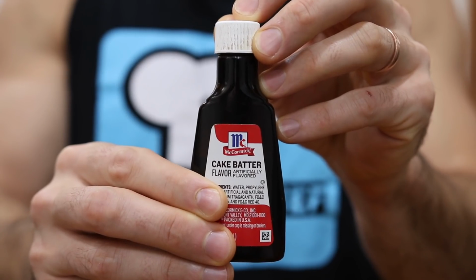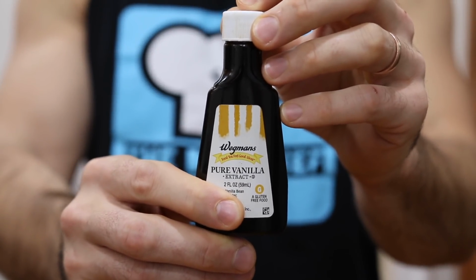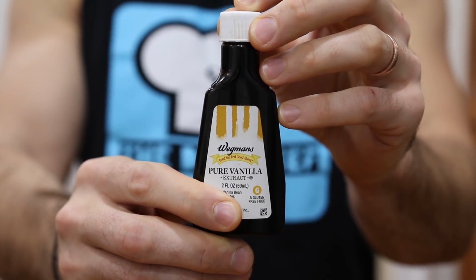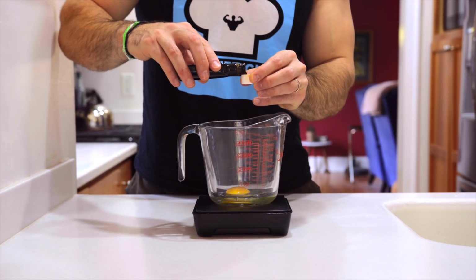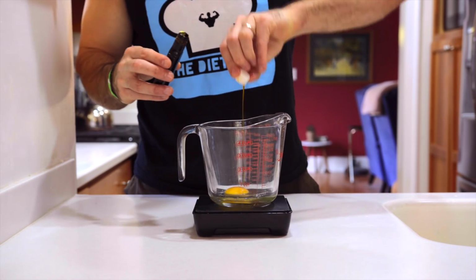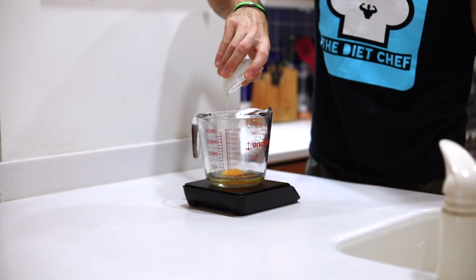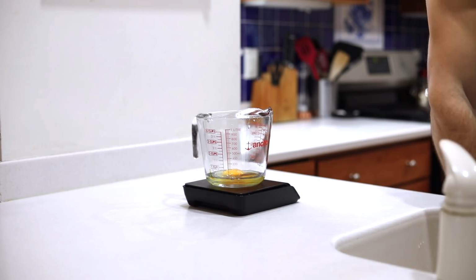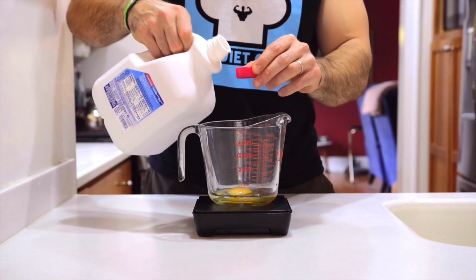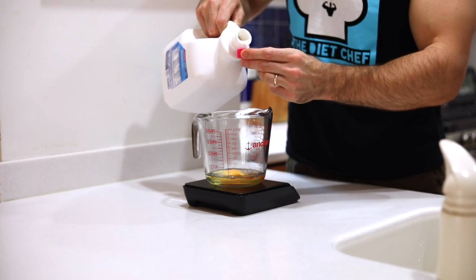cake. However, if you don't have this extract, don't worry, you can still make this cake. Just use some vanilla extract in its place. That said, for today's keto mug cake recipe, we're gonna add a half a teaspoon of cake batter extract. So when we've added that, the next thing we're gonna add is a half a tablespoon or 7 grams of some melted salted butter. Then we're also going to add 1.5 tablespoons or 21 grams of some unsweetened vanilla almond